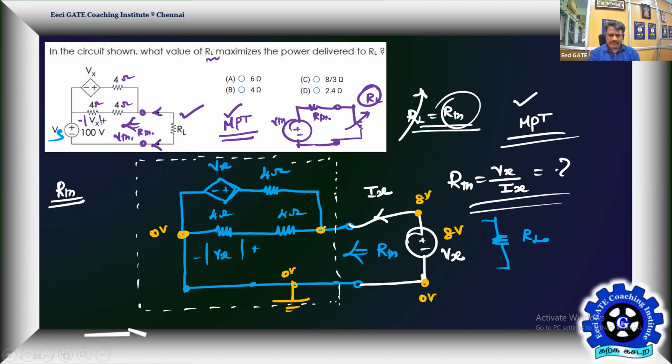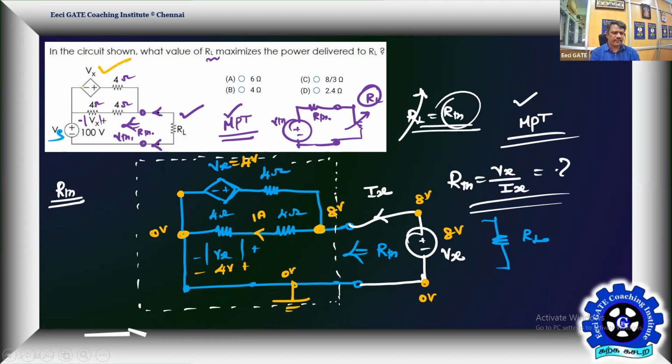So this is 8 volt and this is also going to be 8 volt. See that this is 8 volt and this is 0 volt. This entire 8 will fall across this 8 ohm resistor, which will give you a current of 1 amp. 8 across 8 ohm will make the current 1 amp. Because of that, this Vx is known now. 1 amp into 4, Vx will become 4 volt. The moment Vx is known, come back to this side. So it is going to be 4 volt. The polarity marking is very important.